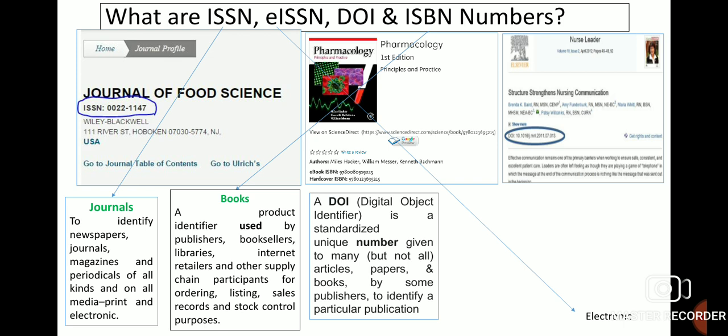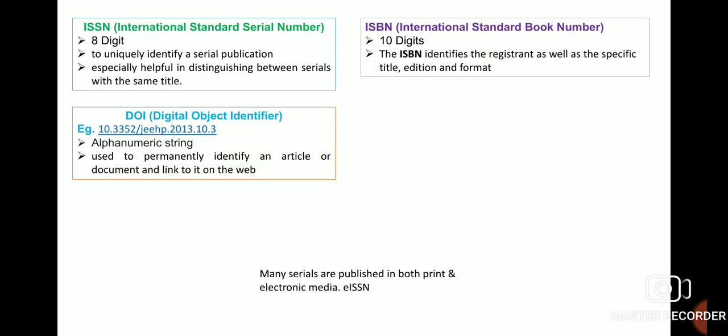In the third figure, the DOI number is mentioned. DOI is a digital object identifier and is a standardized unique number given to many but not all articles, papers and books by some publishers to identify a particular publication. The ISSN number is an 8-digit number, whereas the ISBN number is a 10-digit number.